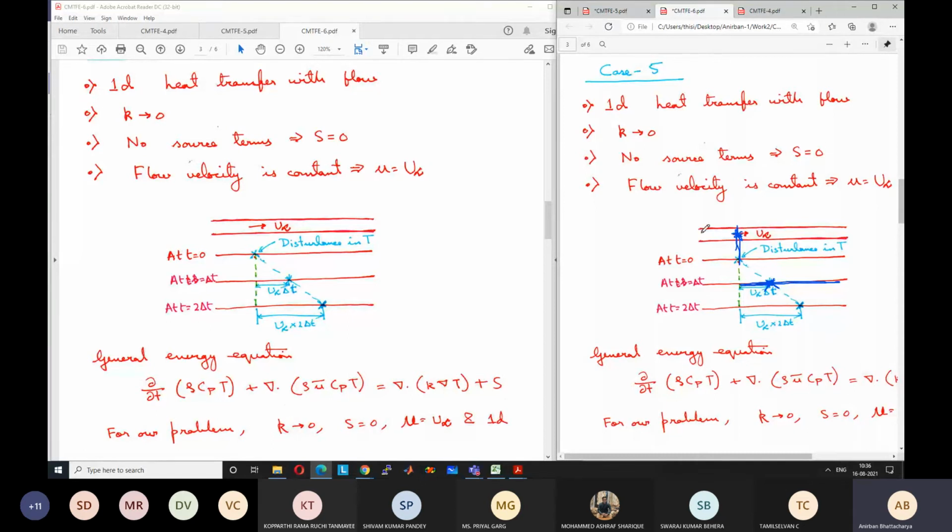Any point before this point, anyway, it is going to be 300. It cannot be infinite because flow is coming from that point. Okay. What about any point beyond this point? Has it been influenced? Why are you guys silent? Very trivial question. It's not influenced, right? Because the influence has only passed up to this point.